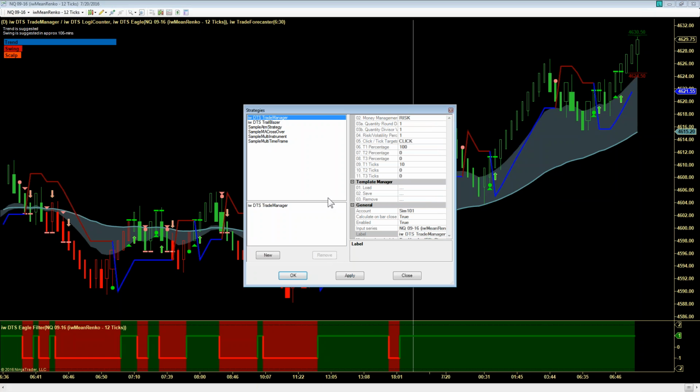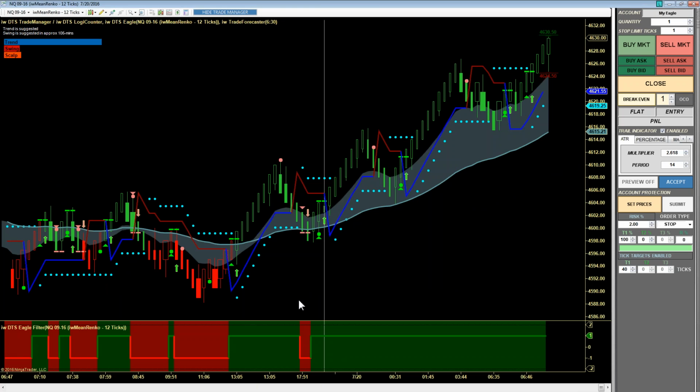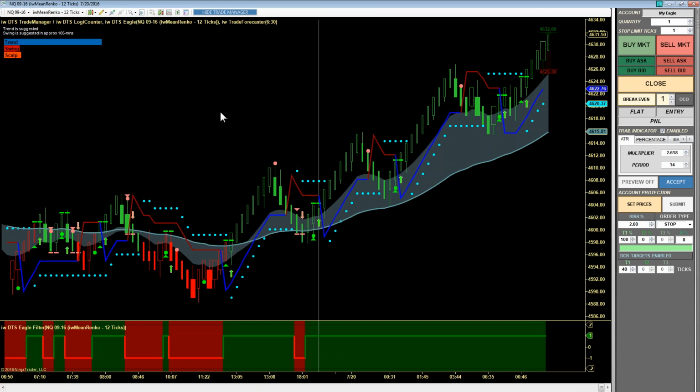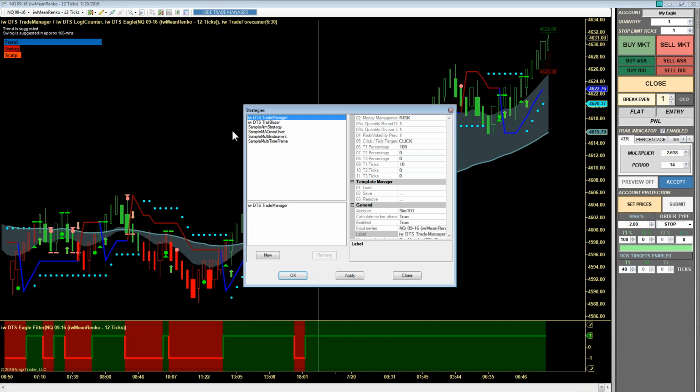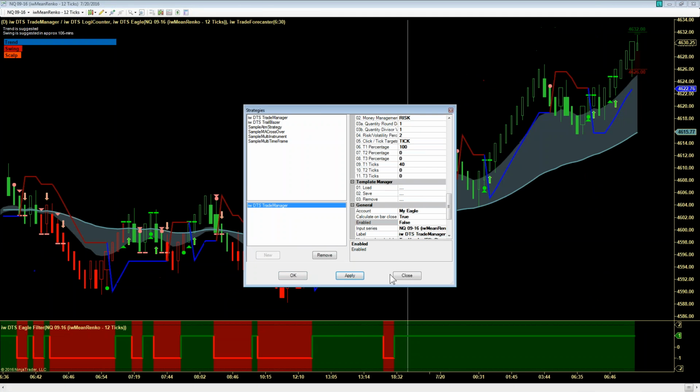If you saved your workspace when you closed your system, all you really need to do is, well, you can click apply, or you can just click OK, and voila, there are your strategies placed on your chart. So it's really not that difficult to engage them in the morning. So one second here, I'm going to disable this, and I'm going to show you